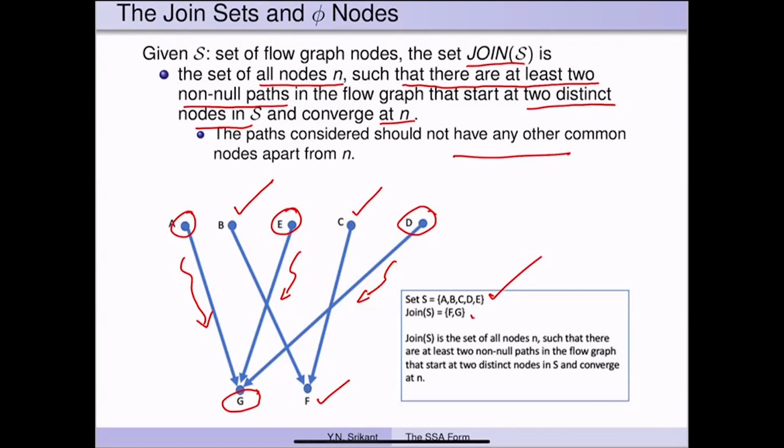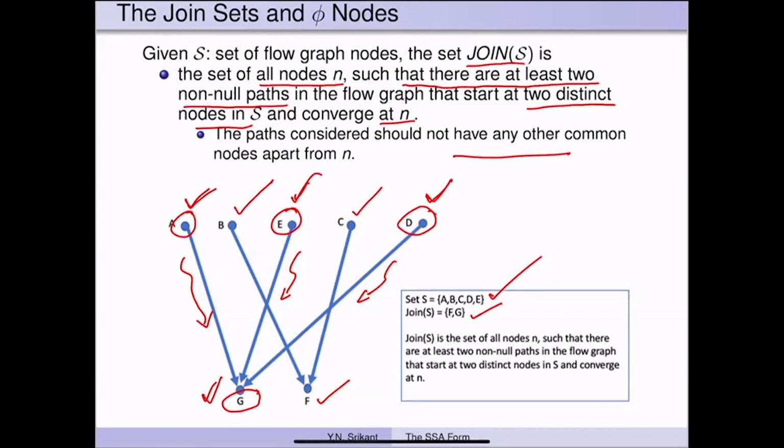Therefore, the join set of S is said to contain F and G. So the way we do it, we will take two of these, A and E, then see that they converge at G. Then we can take A and D, that also converges at G. Then we take E and D, that also converges at G. If you take A and B, they don't converge at any point. If you take A and C, they don't converge at any point. So by this pairwise checking, by hand, we can compute the